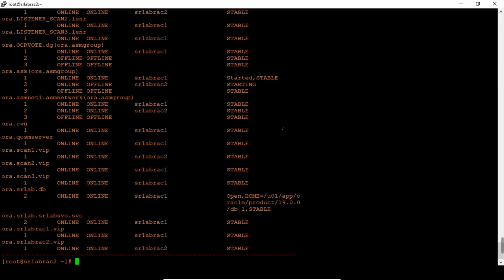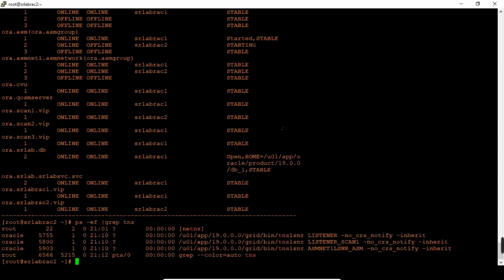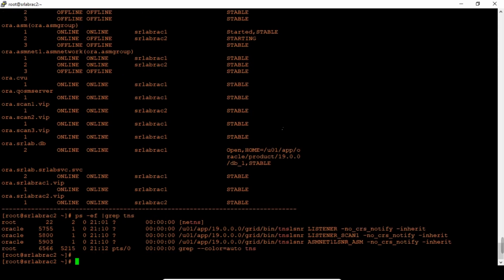You can check that the database doesn't run on this node, only ASM is running here. Here only the database is running. This is node 1.